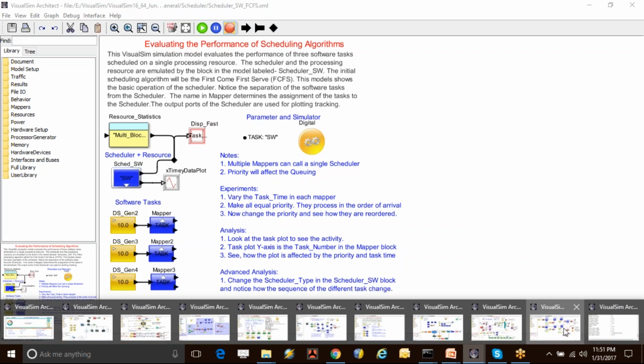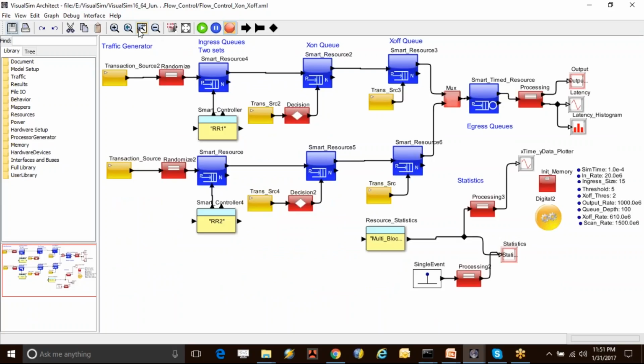Okay. In addition to that, for example, if I'm talking about a flow control algorithm, in this case, what I have over here is an XON XOFF flow control algorithm model. In this case, I have two ingress queues on the left-hand side. I have an egress queue on the right-hand side over here. And in between, I have these XON and XOFF queues here. The way this ingress queue works is this particular algorithm, what I have written, will keep on looking for the availability of the egress queue resources. So if egress queue is available,